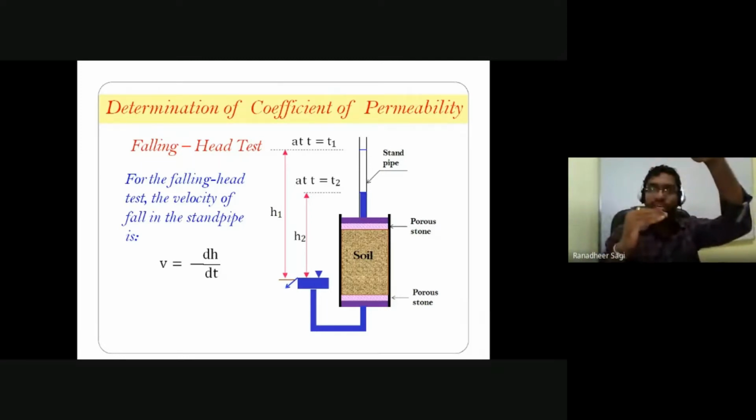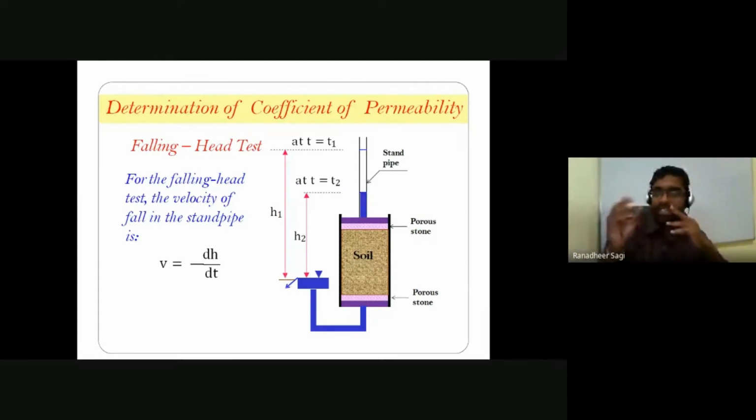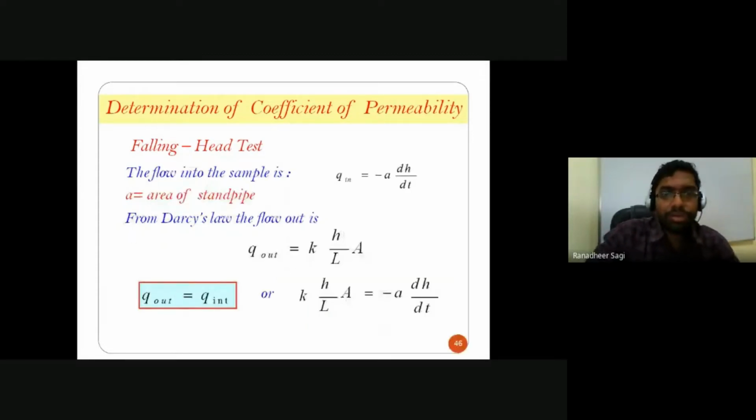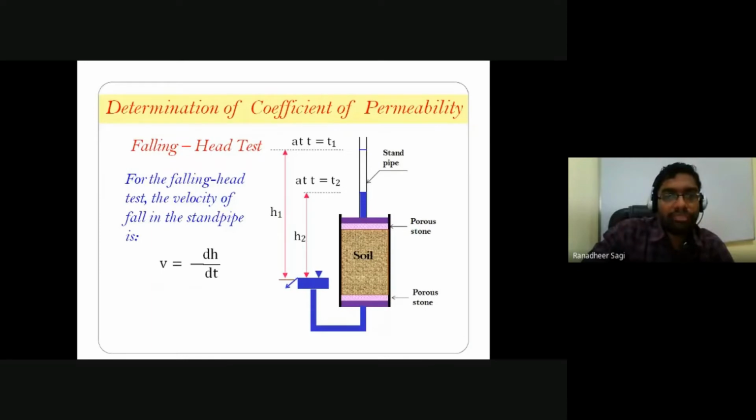So velocity here is nothing but the drop down in your water level. I repeat, drop down in your water level with change in time. Okay, so what is happening with increment in time? Let's say dt is the increment in time. Due to that increment in time dt, the head got decreased from h1 to h2, which I can write as dh, or delta h. But that dh or delta h, we are going to represent as a negative value. Why is it represented as a negative value? Because the total head difference is decremental with an increment in time.